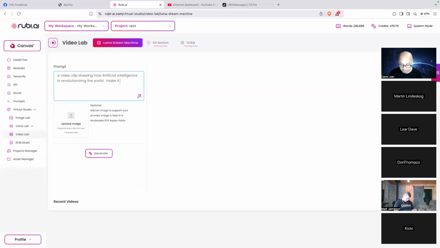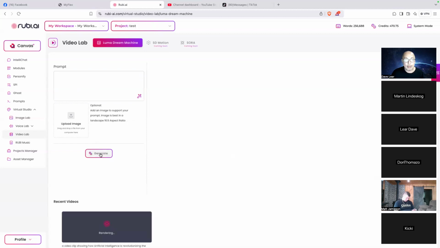Make it futuristic. Yeah, just futuristic and realistic. Okay, let's try this. Yeah, but it will render. It will just notify us when it's done.